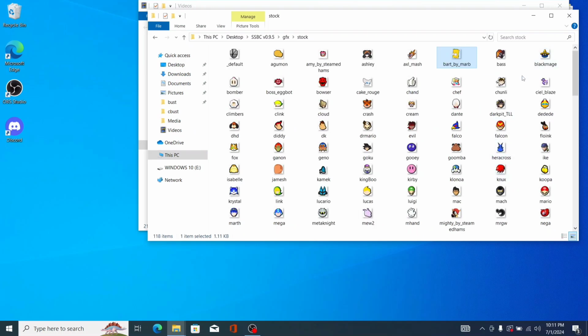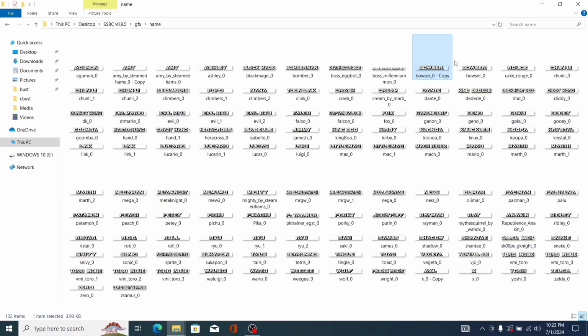And there we go. Alright, now we can move on to the name, because I know some of you probably don't know how to make that, so we'll show that off real quick. Now, depending on what the first letter of your character's name is, I would start with that and just copy and paste from someone else's name. Because like for Bart, I'm going with Bowser because there are some other ones that have B's, but like Black Mage and Bomberman, the B's are skinnier, or they're thinner, and they won't look as good. They'll look kind of weird, and when you stretch them out, they get really blurry, so that's why we're just going to go with Bowser on